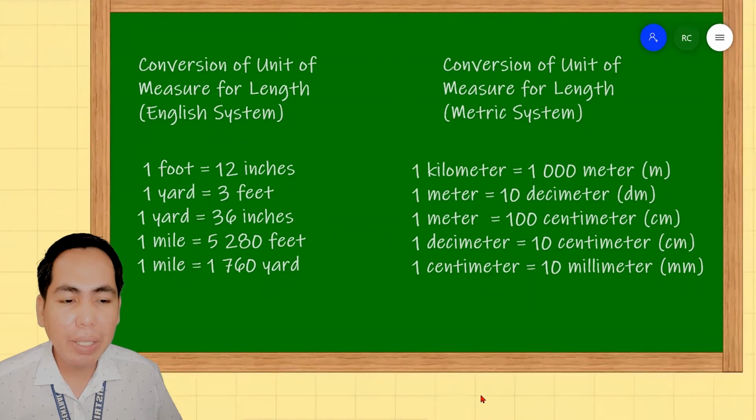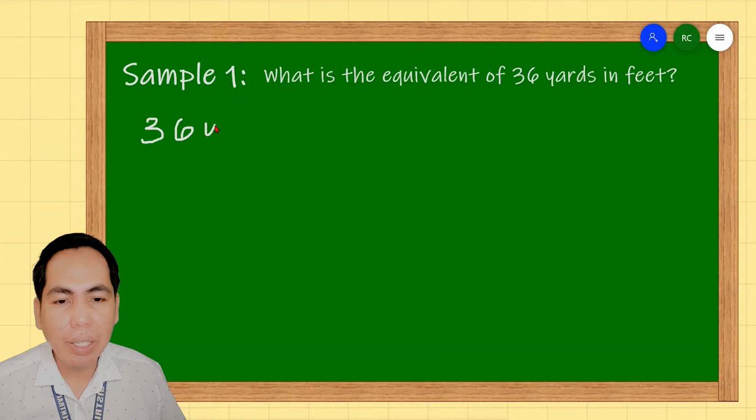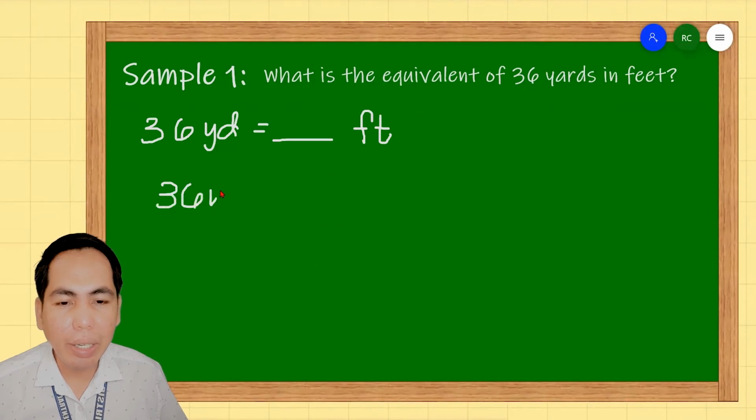So let us have examples. We have here example 1. What is the equivalent of 36 yards in feet? For our sample number 1, we are going to convert 36 yards into feet. We know that for every 1 yard, there are 3 feet. So, in other words, we are going to multiply this 36 yards by the ratio of 3 feet is to